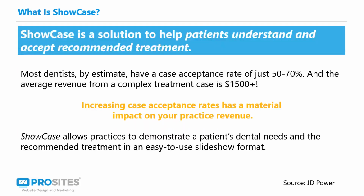And the average revenue from a complex treatment case is about $1,500. So when you think about the number one problems in a dental practice, increasing case acceptance rates is a big issue. I talked to a practice the other day that said their case acceptance rate was under 50%, meaning that 60% of the patients that come in and are recommended treatment by the doctor or the staff